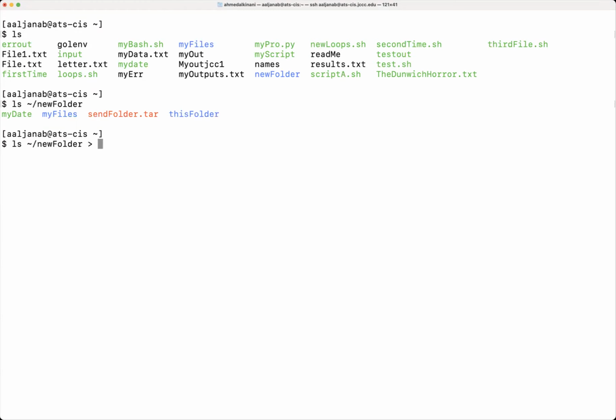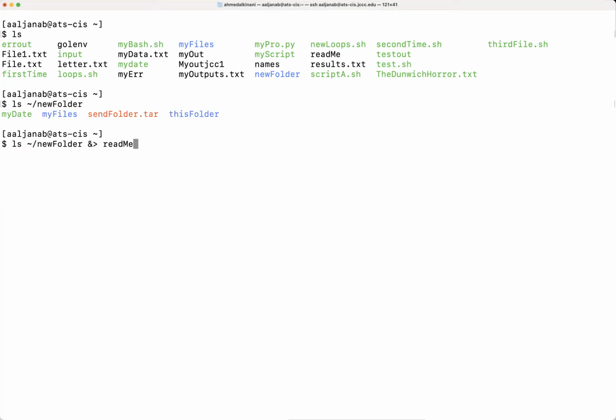But again, I can redirect it to another file. I will call it, let's say here, names, or let me just go with README. But again, look at the options that I have here. And this is very, very important because this is something we're going to be covering here. I can put this, and that simply implies that if the command executes with no errors, then the result is going to be stored in README. And if there's an error message, it's simply going to be stored inside that file.